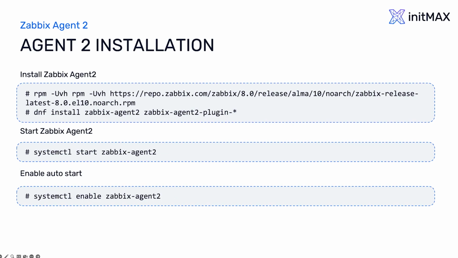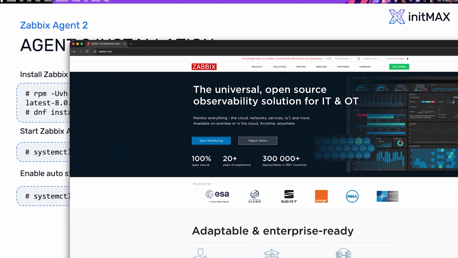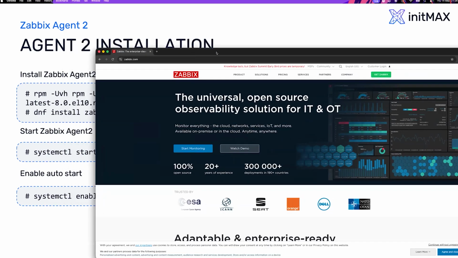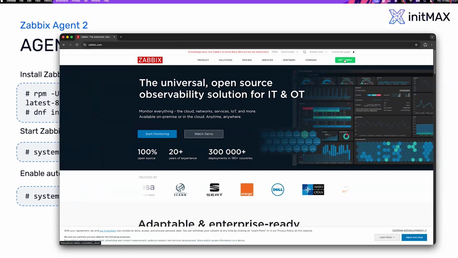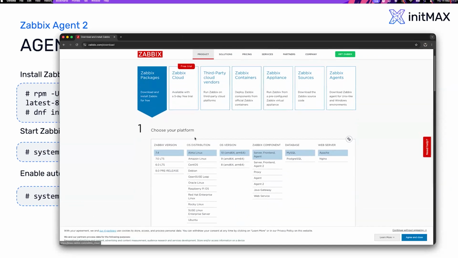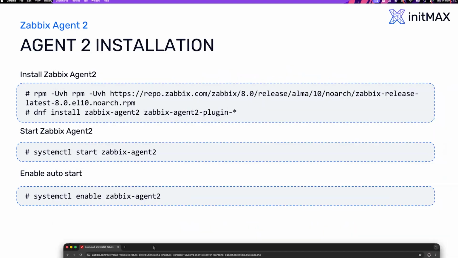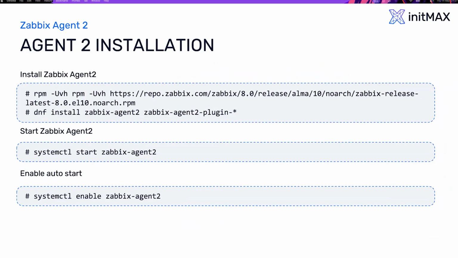We already had also a webinar about, let me try to find it, installation of Zabbix, and there we covered exactly installation of Zabbix 8.0. It is in 8.0 Alpha 2, but you can still install it. If you go to Zabbix.com, Get Zabbix, Zabbix packages, that's what we usually use, and 8.0 pre-release. So yes, we're using 8.0 also in this webinar to install Zabbix Agent, and I do have my Zabbix